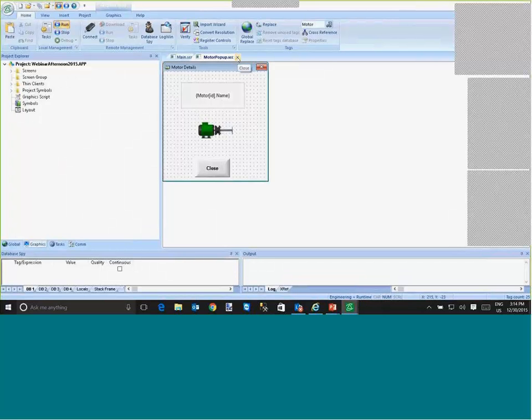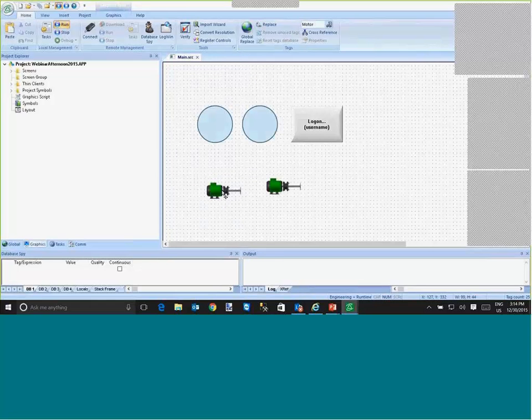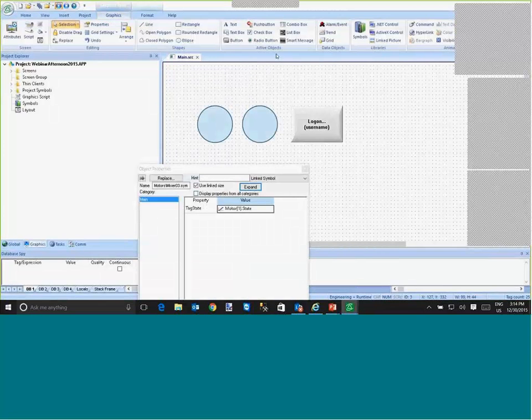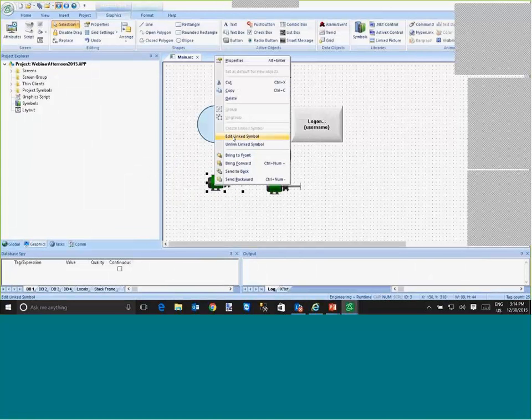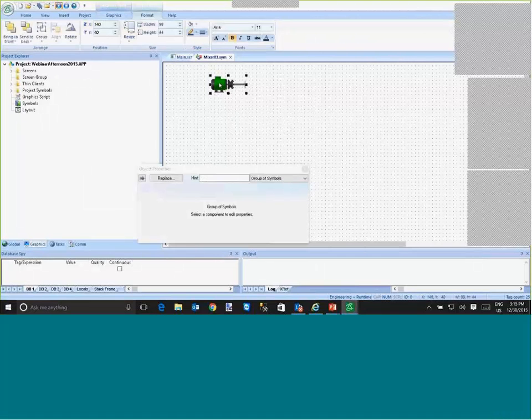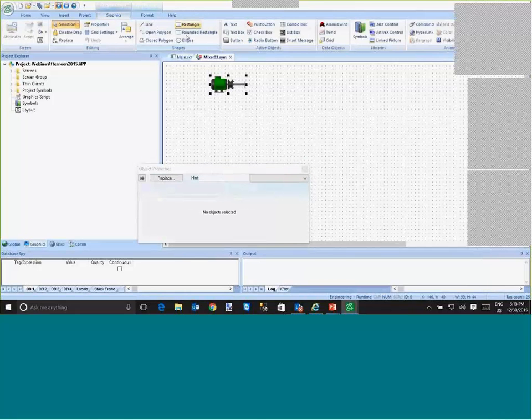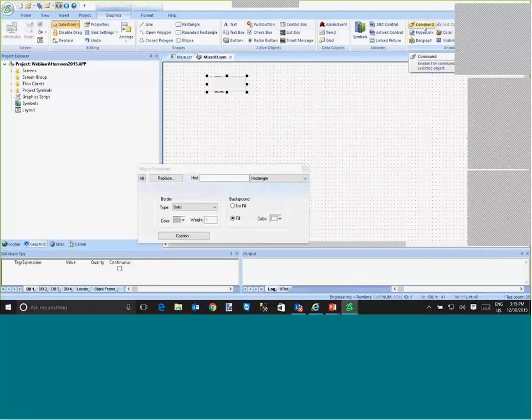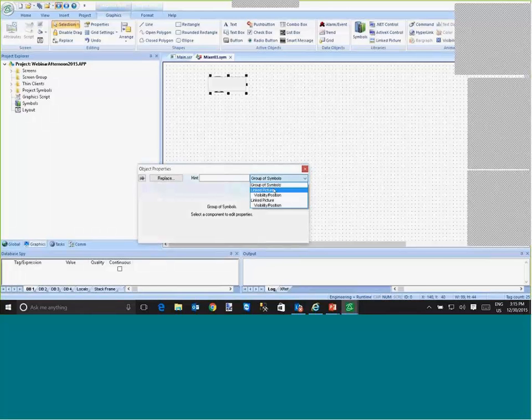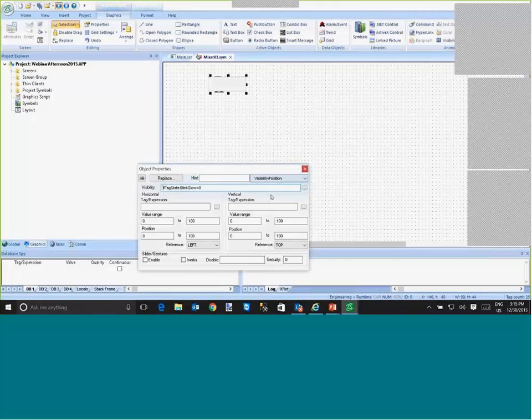I can close this motor pop-up. Now, when I click on this motor here, on this first one, by the way, it's a linked symbol. Let's edit this linked symbol. So I want to create something special for this linked symbol. And when I click on this linked symbol, I can create here a rectangle with command. And when I click on this linked symbol, I want to do something with it. In addition to opening, to controlling